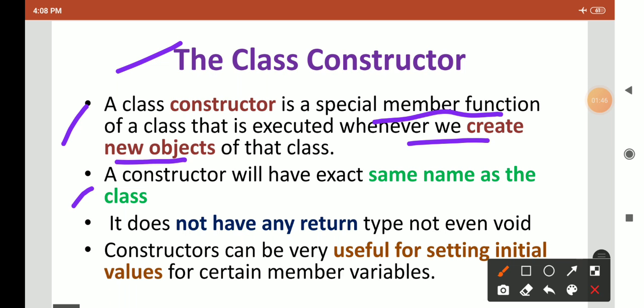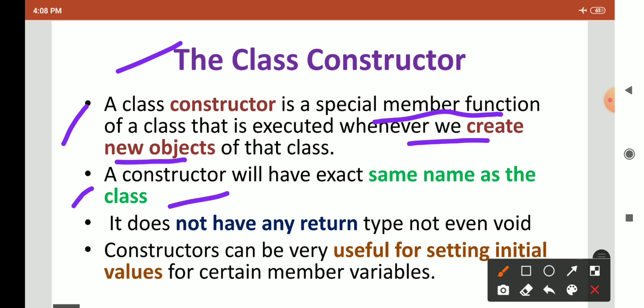Then a constructor will have the exact same name as the class name. So suppose you are creating a class named student, then your constructor name must be student. You have to follow the same syntax, capital letter, small letter.